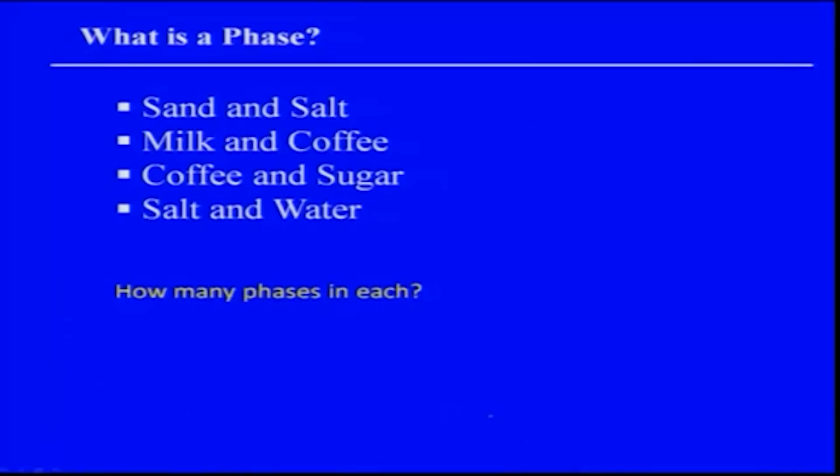Now, to give examples, I always teach this in the class. If I have sand and salt, are they separate phases? Yes, sand and salt will never mix with each other. Milk and coffee, single phase. If I mix milk in coffee, they will mix atomically. That is what gives you the taste. Coffee and sugar mixed completely. If I add sugar into coffee and stir it, it will mix. So, therefore, it is a single phase liquid. But if coffee beans are used, the solid coffee, and you are adding sugar into it, they will not mix with each other. So, therefore, there are two separate phases.